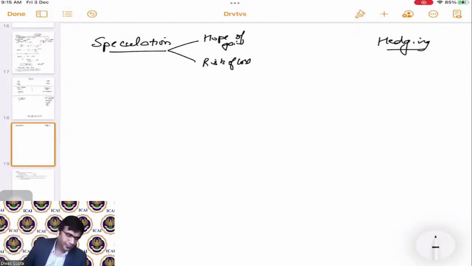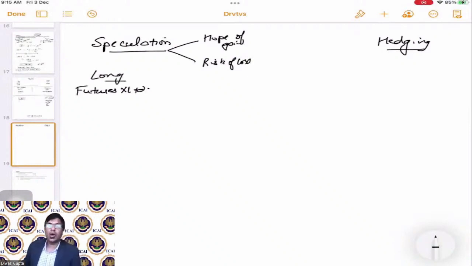For example, now futures of X Limited, okay, you are taking a long position on that because you are currently having